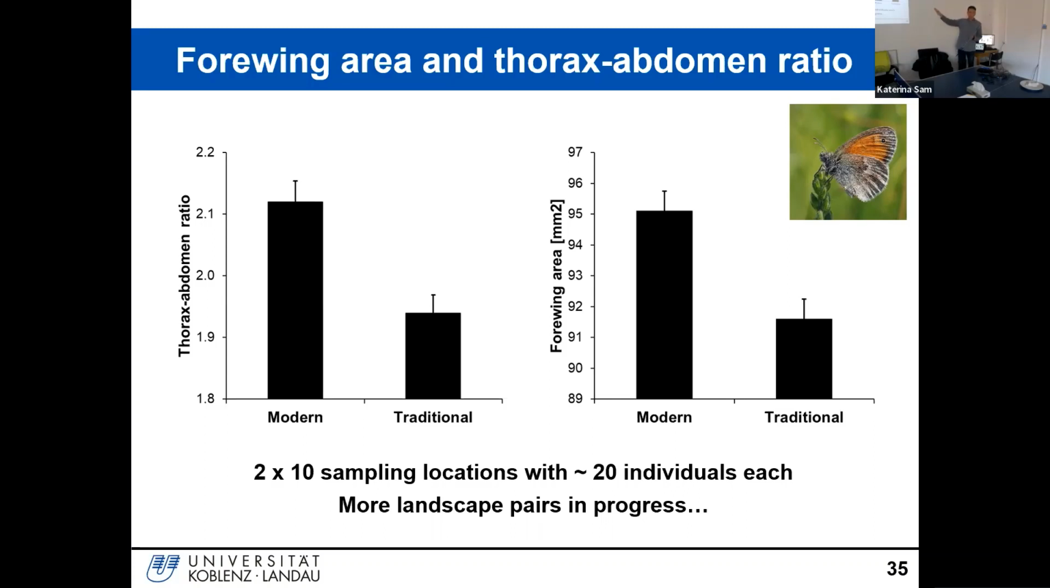I should note this is not showing residuals, but of course we corrected for body size. They are exactly the same size in terms of total mass. It's only the wings that differ. It's not simply because they are larger. In body mass, they are exactly the same, no statistical difference, but still they have larger wings. So this is very exciting and motivating, and it does indicate that really modern agricultural landscapes impose severe selection pressures